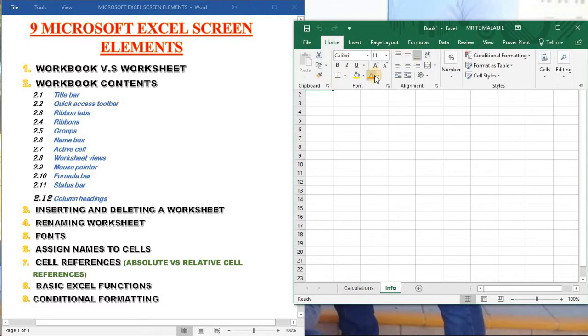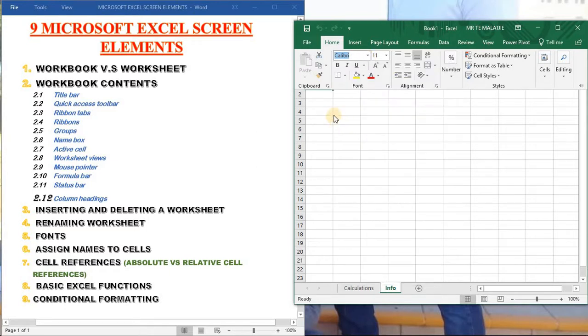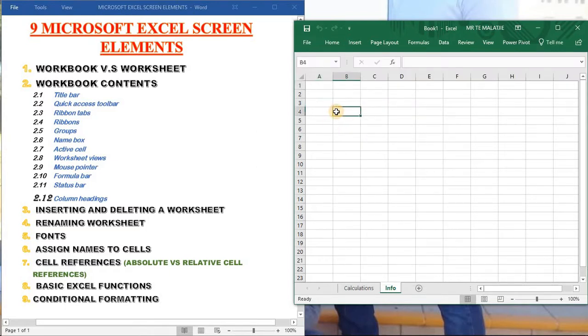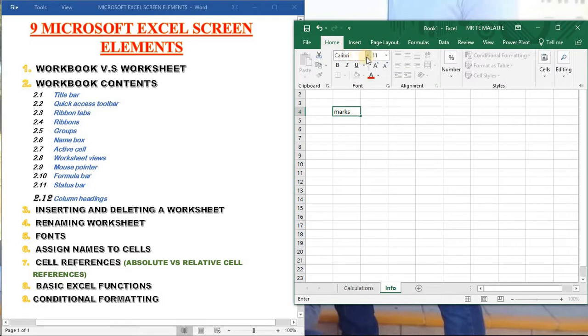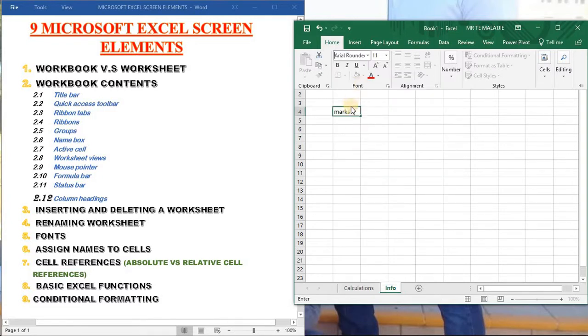I think we have talked about those. So the fonts is how you want your information to look, or what you have inserted there, the information that you have typed there. Let's say, for example, you type marks, and we want that to be a little bit interesting or fascinating to other people. So you can select how you want it